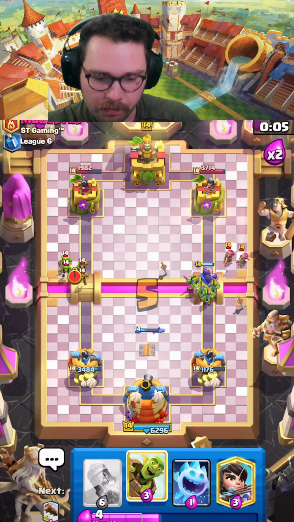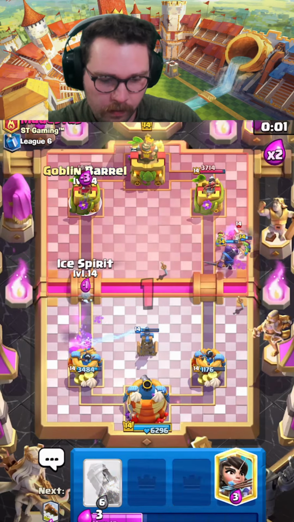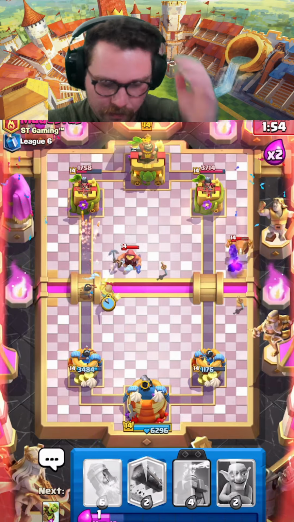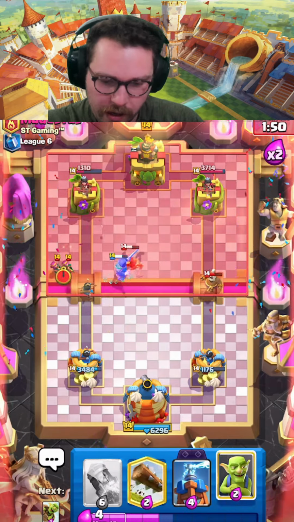Okay, nice. Maybe he was predicting a Princess. That might actually cost him the game here. No, he can go for a Fireball, I think. But Princess is still going to do damage. Oh, he has arrows. I'm going to block for the Princess here. Nice. Does he panic? No, okay. He doesn't panic, but...